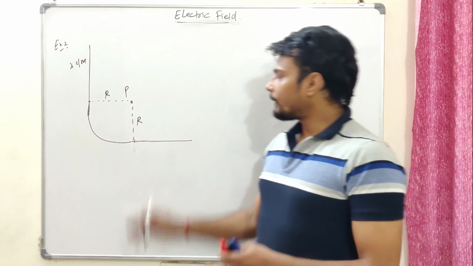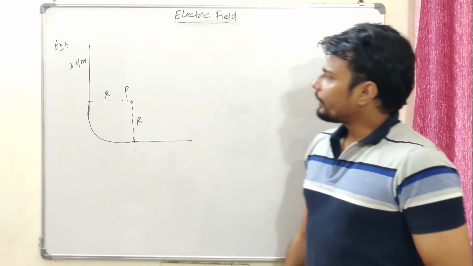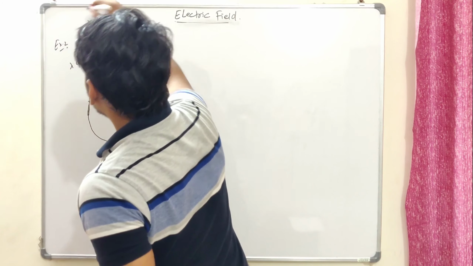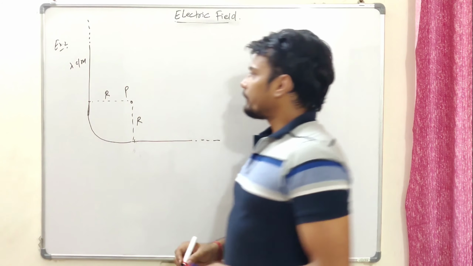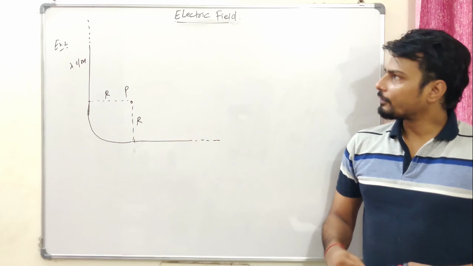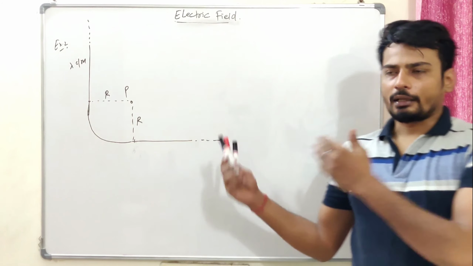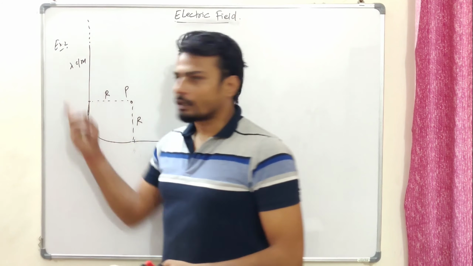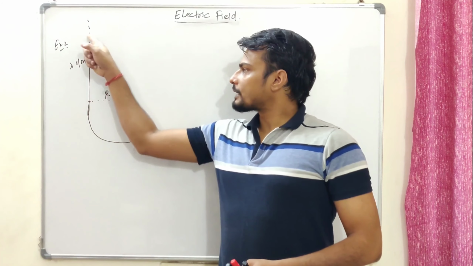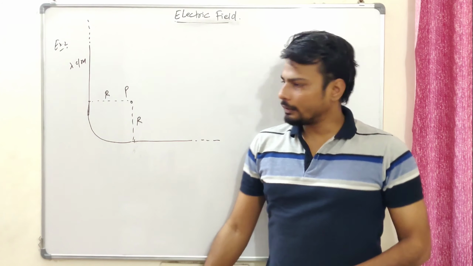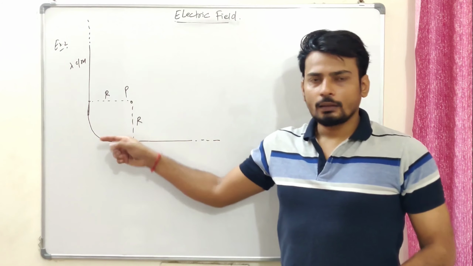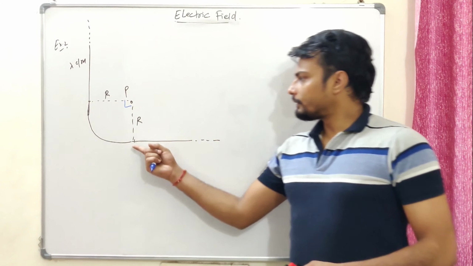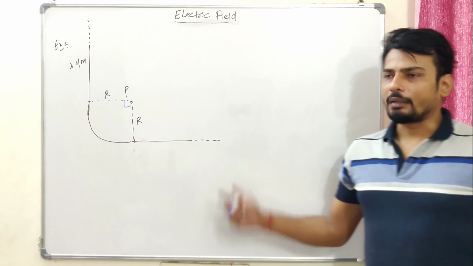So this is a continuous wire. All right, let's see. Now we need to find the field. Let's say these two straight parts are going to infinity. Now we have to find the electric field because of this arrangement at point P. Then we can look at this entire question in three parts: the field due to this part, which is a semi-infinite wire, the field due to this arc, which makes an angle of 90 degrees at the center, and the field because of this segment, which is again a semi-infinite wire.